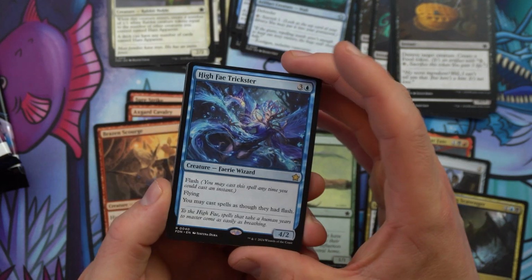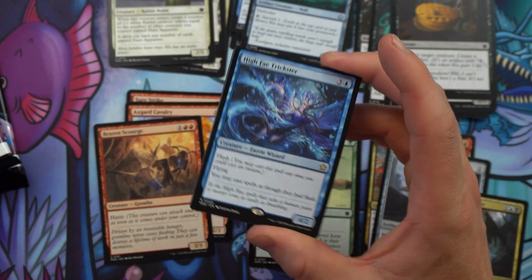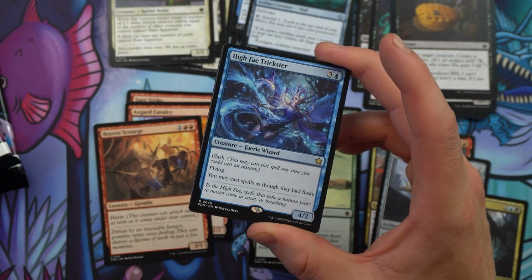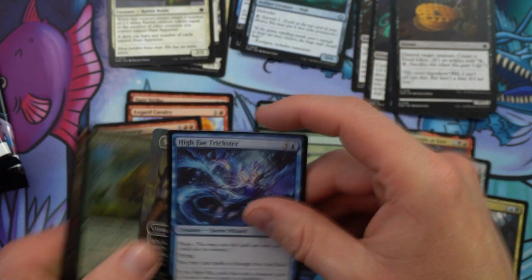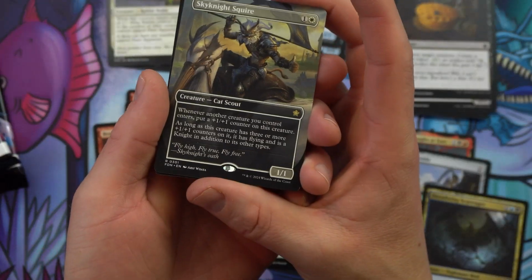So we have the High-Fae Trickster, which you can cast spells as flash, and it's a 4/2 flying for 4 mana. See, this one I do like. This is where you flash this in, it's quite the clock. It gives everything else flash. High-Fae Trickster is great. So now actually blue-black is looking pretty snazzy,